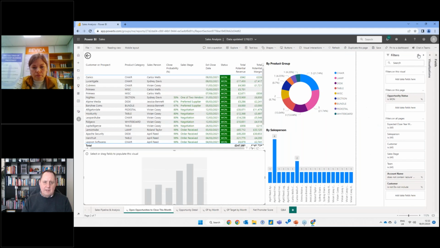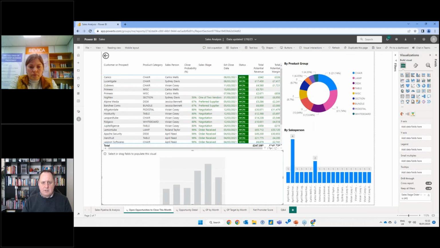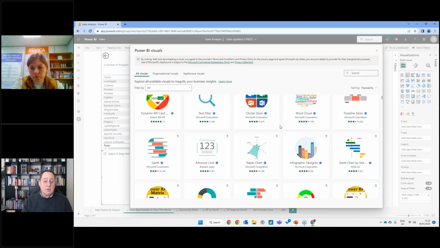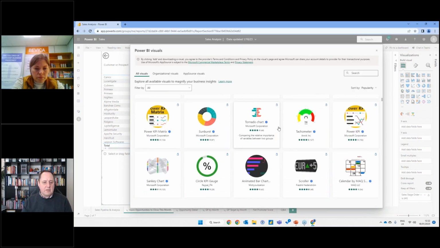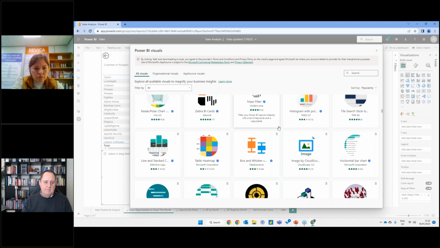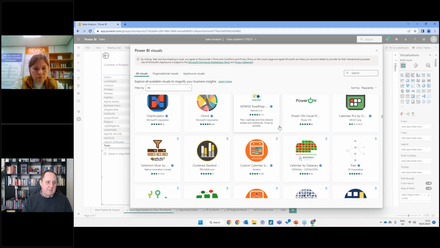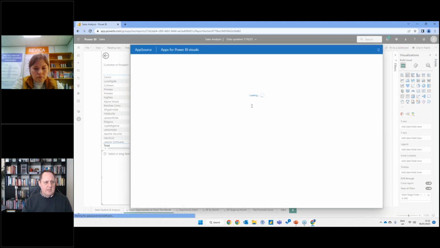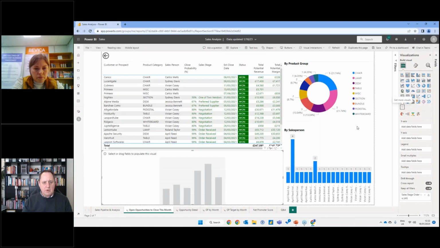So let me just talk about the visuals that we can have as well. Sorry. So other than all of these standards, and I'm not going to talk you through them now, but we can absolutely go through them in more detail later if you wish. There are a remarkable amount of standard, mostly free, some aren't, some are paid for, but quite a lot of available visualizations that literally, if I'm interested in one, so the code there from Microsoft, this loads it, I can add it to my report, and we'll see there that visual is now available.